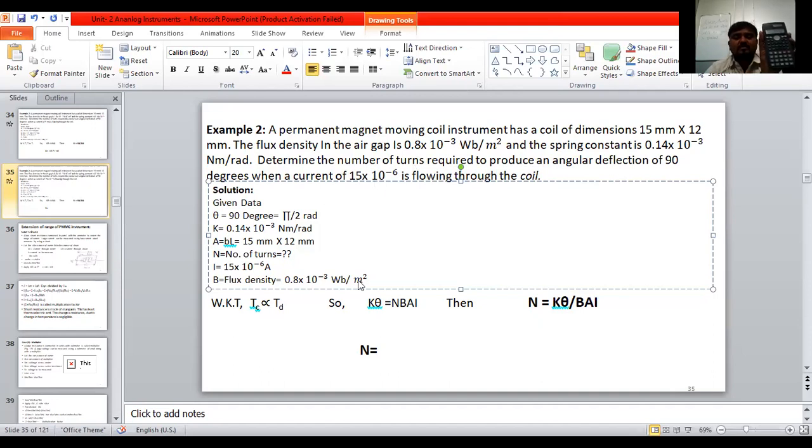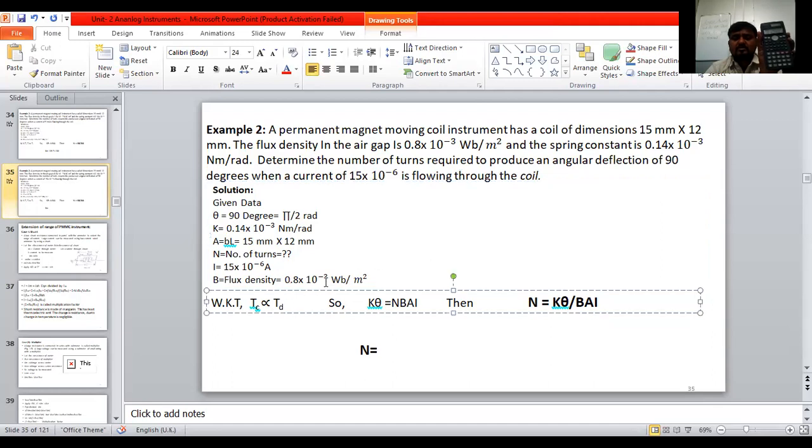Somewhere we have missed that one point. See where you used 10 to the power of minus 6, for that the answer will come. B equal to how much have you used? 0.8 into 10 raised to minus 3. Current, how much have you used? 50 into 10 raised to minus 6. Okay, check it once again. Don't leave until the answer comes. This class is completely related to the problems only. So if it is clear, then we'll go for the next topic.